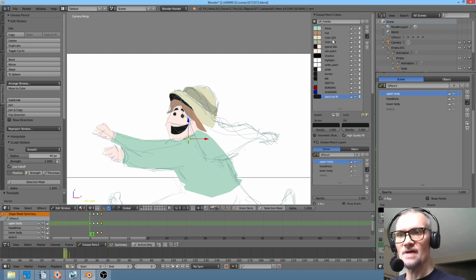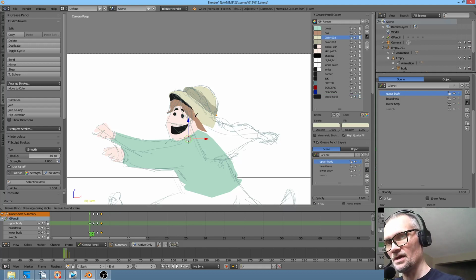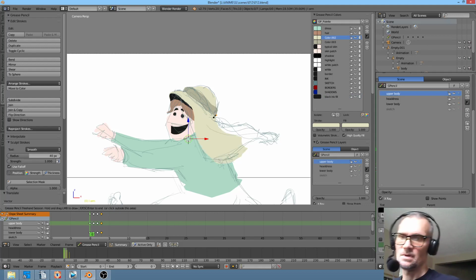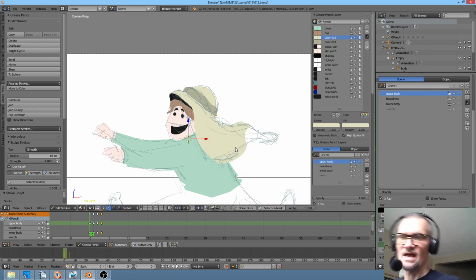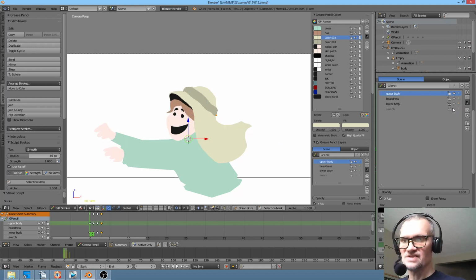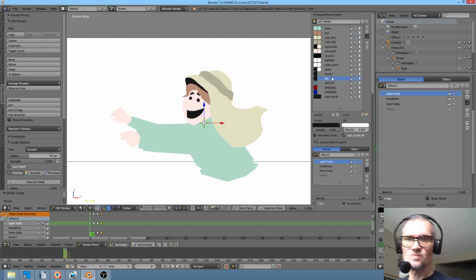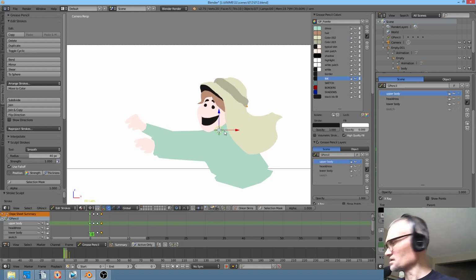Let's put the bulk of it in here like this. Let's just do that. And I really want that more like that. Okay, so then all we have to do is put the tail in another layer, and I'm hitting the E key to go ahead and smooth that out. Okay, so now let's turn the sketch off to see what we have. And now this is where we're going to do the touch-up stuff that I've kind of talked about in other videos a little bit. The outlines are going to be done automatically, so